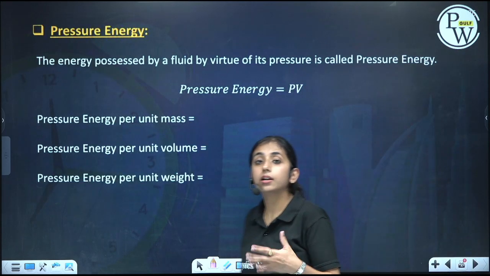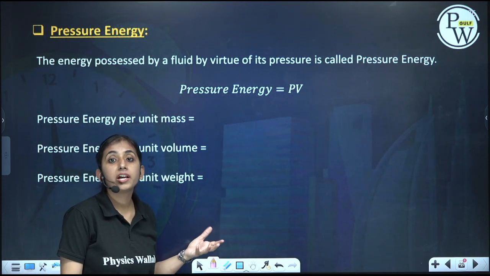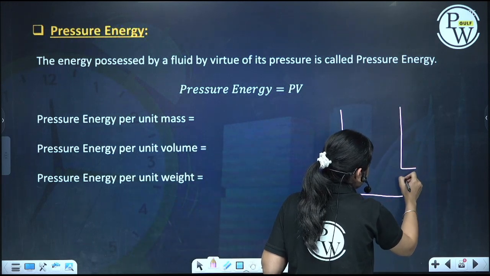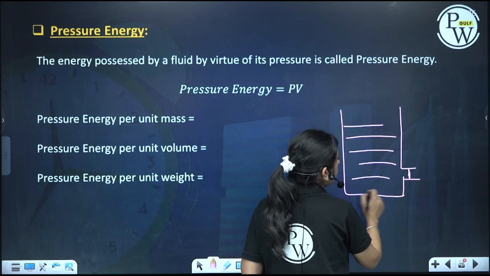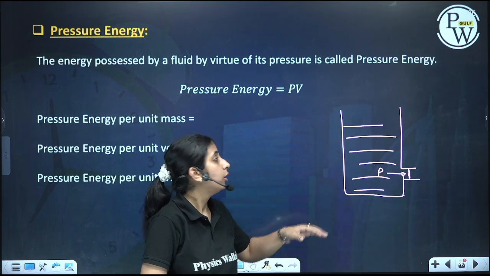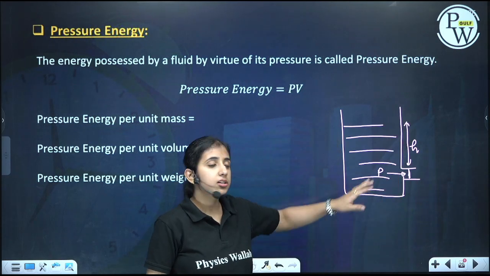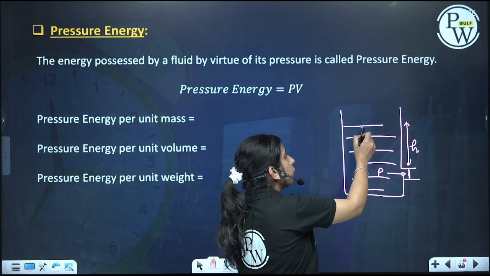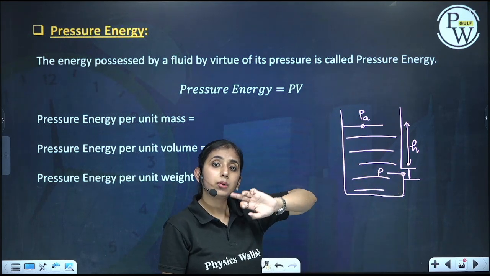See, next, the third type of energy is called pressure energy. Any liquid under pressure is capable of doing some work. Okay, suppose we have a liquid which is having some orifice, and there's a piston. Now liquid is filled in this container. It will exert some pressure at this point. What will be the pressure? It will be rho gh. If this orifice is at a height h below the surface, pressure at this point will be P atmospheric plus rho gh. Okay, if it is exposed to atmosphere, here pressure will be P atmospheric. So pressure at this point will be P atmospheric plus rho gh.